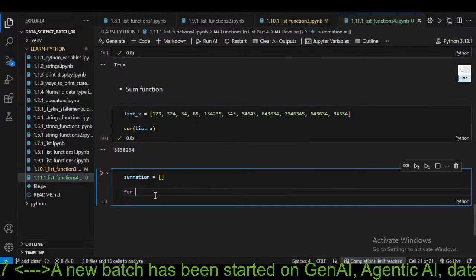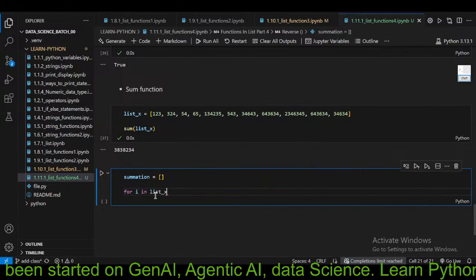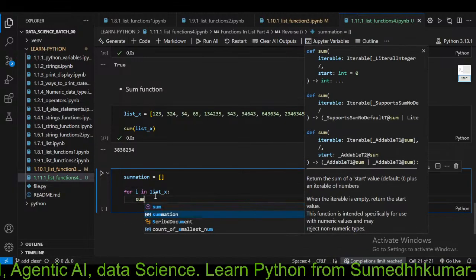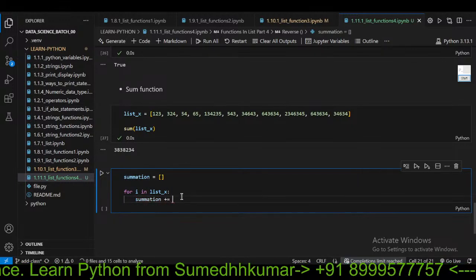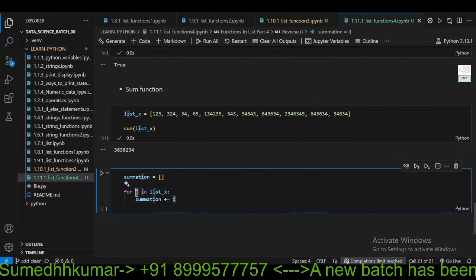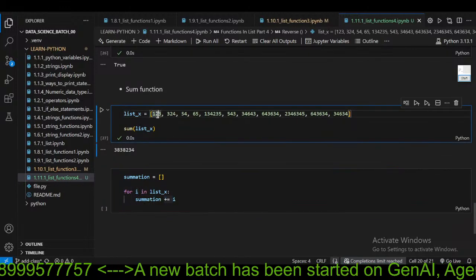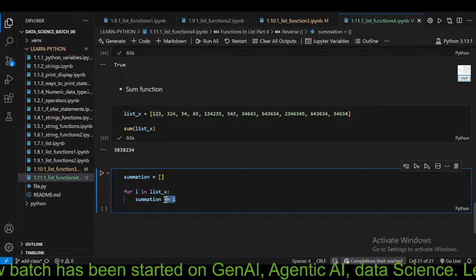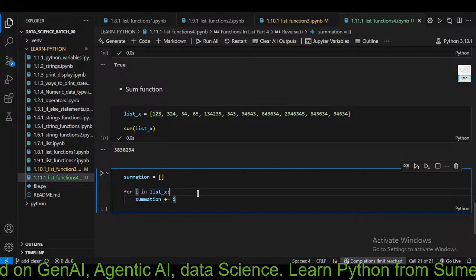If I use a for loop, for i in list x, and then summation plus equals i, this will check each and every element and add one element into another element. So the next elements keep getting added, and